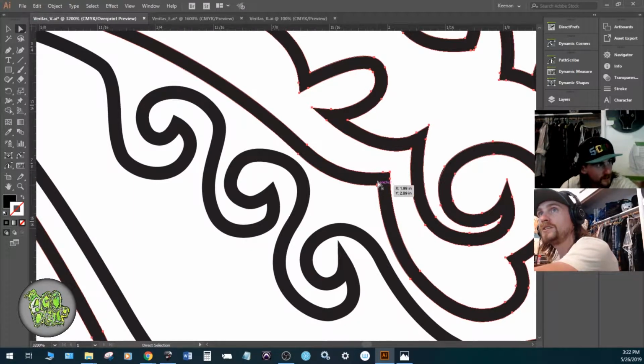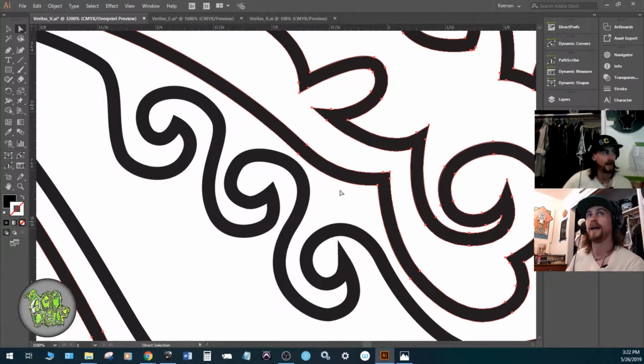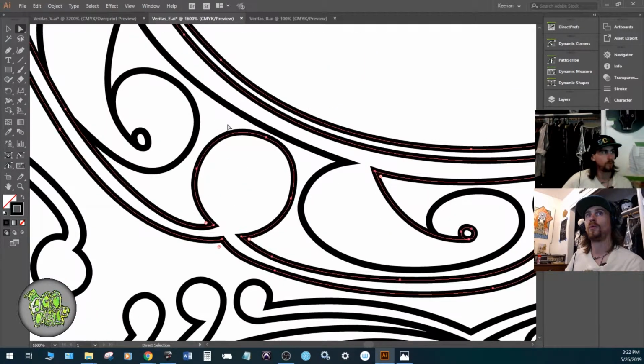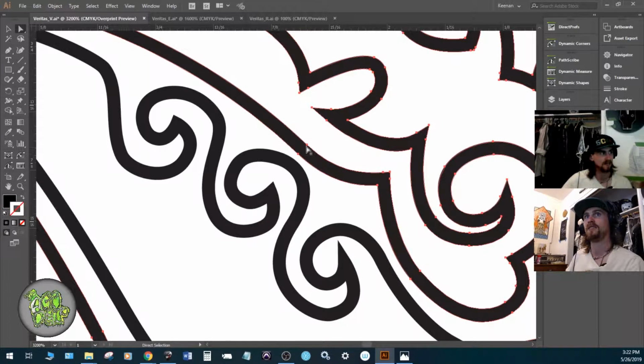Let me turn on A. So you can see that there's points on either side. Right here, see, these are all points and they're going along the path. Here, the points are within the path. That's the difference. So what that means is if I go back to the V, if I grab this little guy and move it over,